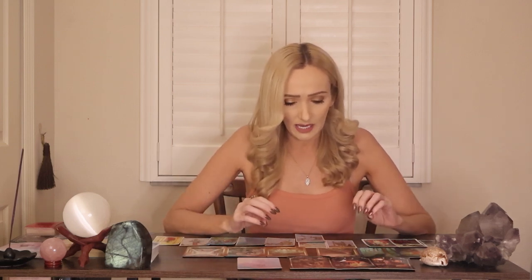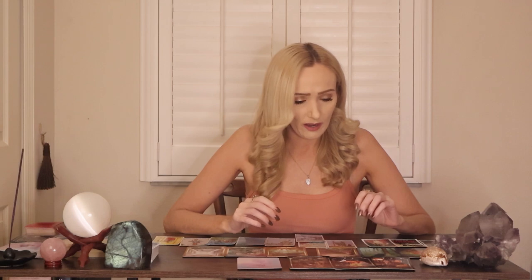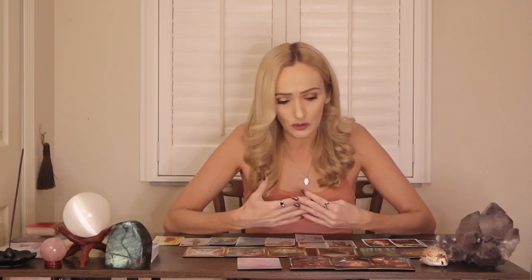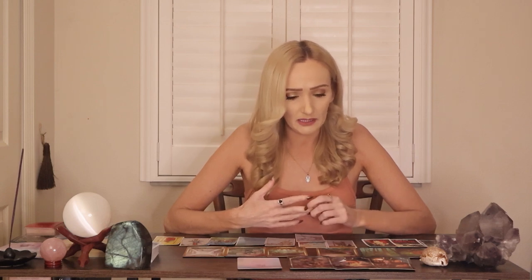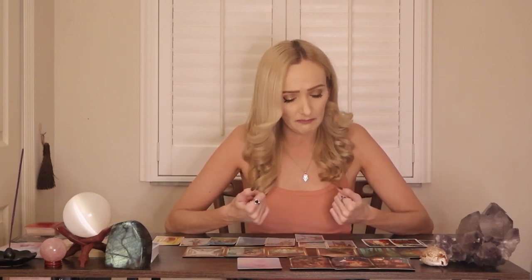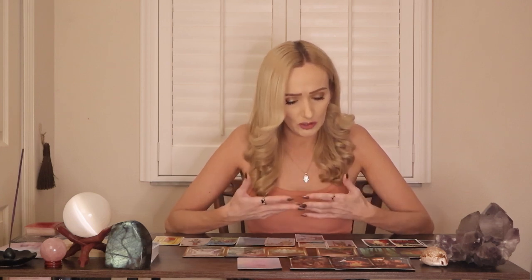I feel there was a situation where somebody like a parent or a grandparent, it feels like something went wrong with an inheritance. It feels like something that was supposed to get left to you or was promised to you didn't. You might have even come from a wealthy family. That could be, or it doesn't have to be a theme that was in this life, but it's the feeling of,